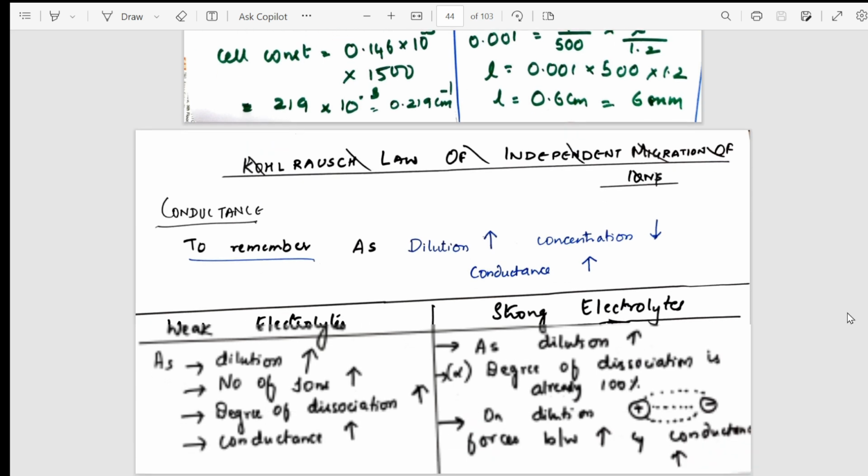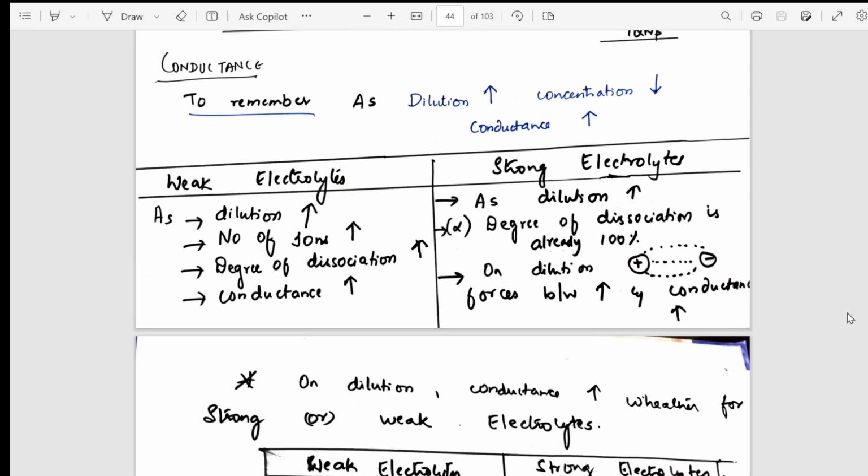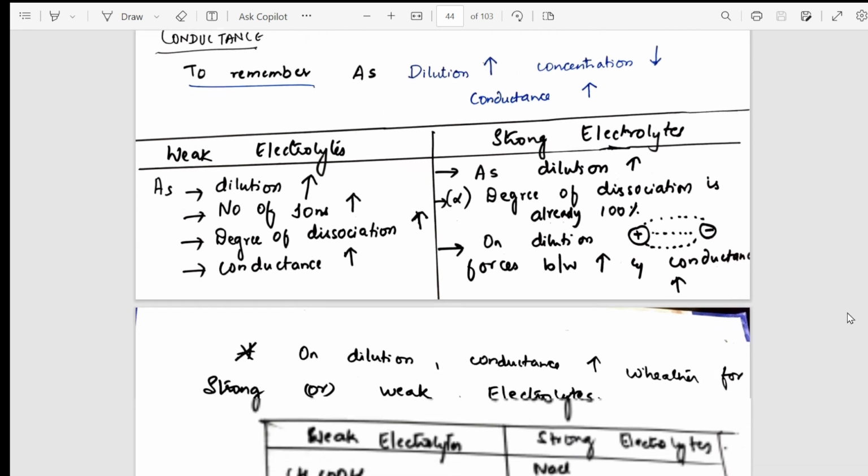From there, I have gone into a concept of conductance. What happens to the weak electrolytes and strong electrolytes? So this question is always asked on dilution. They'll say 0.05 normal, molar, like that. They'll be giving you the concept. So the concept is here. You can apply this concept in your numerical. Yes. Then